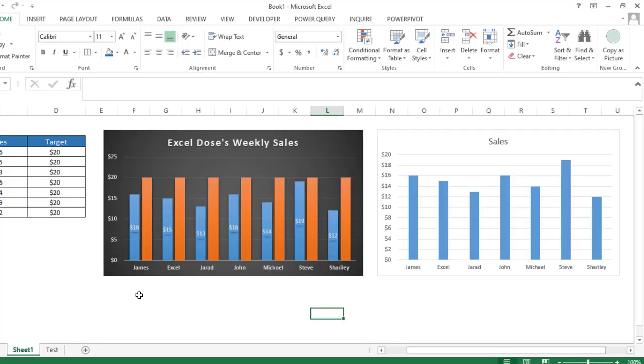The next trick is to replicate the chart formatting. As you can see, we have two charts here. One chart is already formatted in a very good way and the second one is not formatted in the correct way. If I want to use this formatting for this particular chart, for that what we have to do is